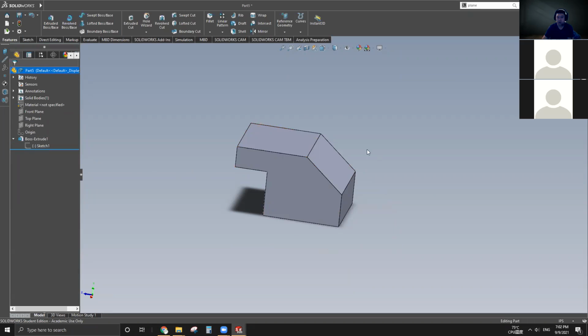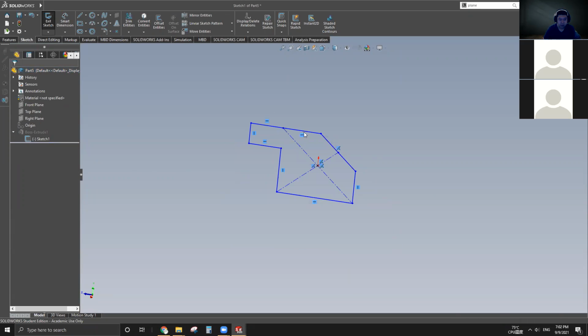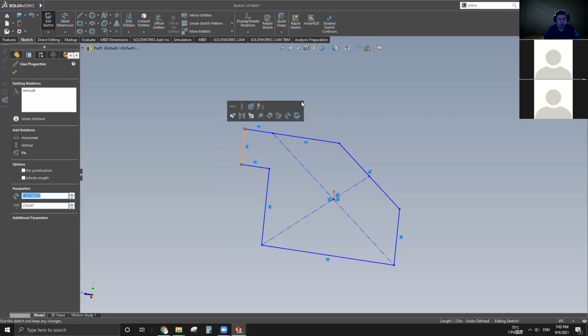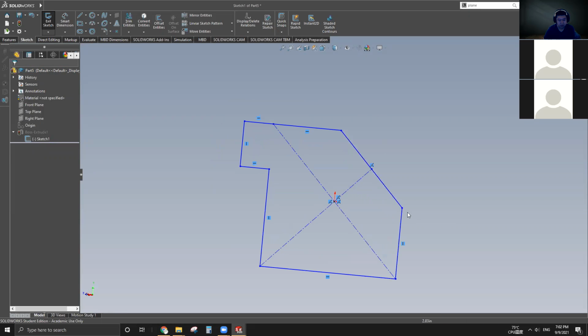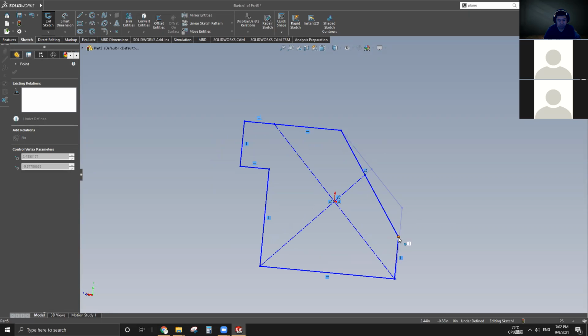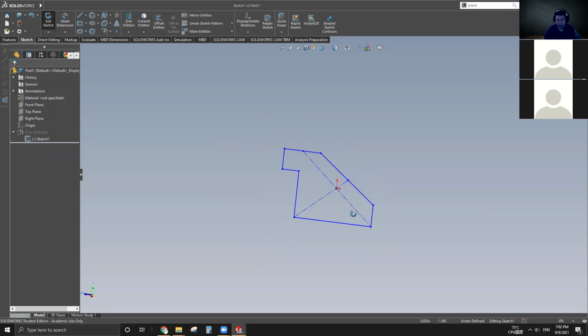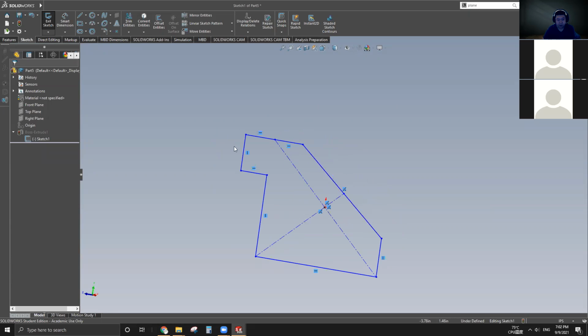So every time you want to edit this extrusion, go back to the sketch and just click on it. Just click it once, and right there, there's edit sketch. And once you go in there, you go back to the sketch mode. And from here, you can adjust. Since I didn't define any edges, that's why I can drag it. But if you dimension it to certain value,